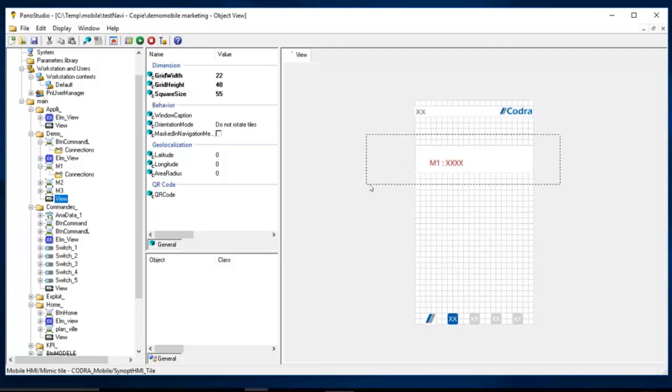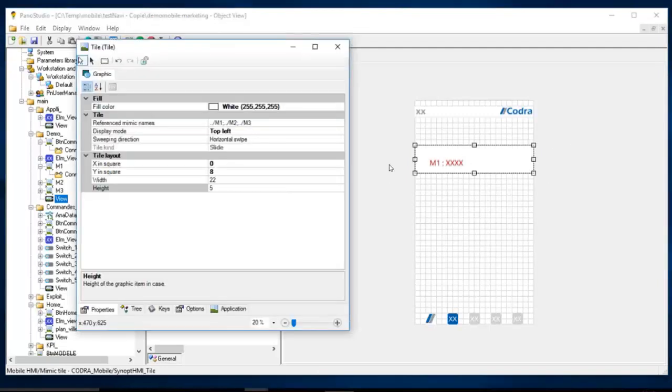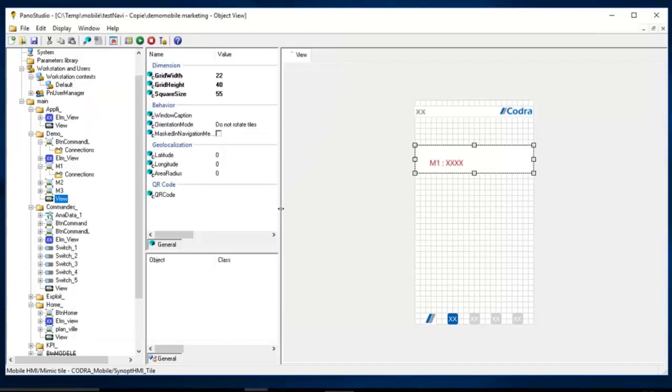And then when I overlap those behaviors, I can see that there is a list of the mimics, and there is a horizontal swipe according to the top left corner of the embedded mimic. So I can now swipe on my app through those several behaviors, as a simple command will automatically do when I overlap the mimics.